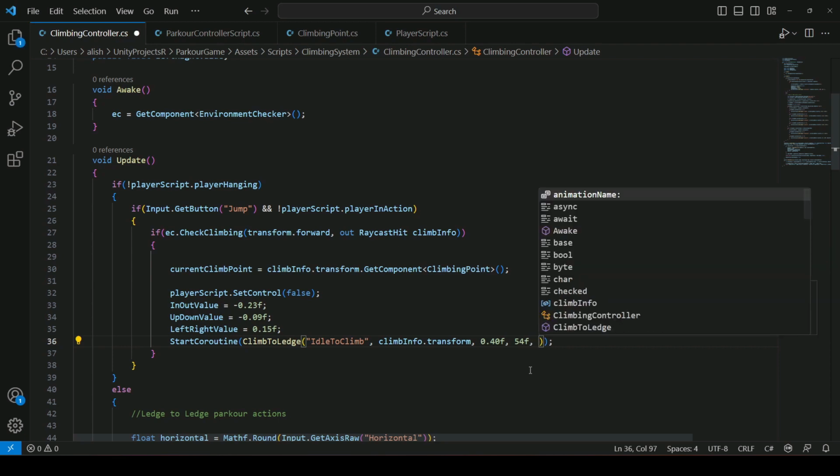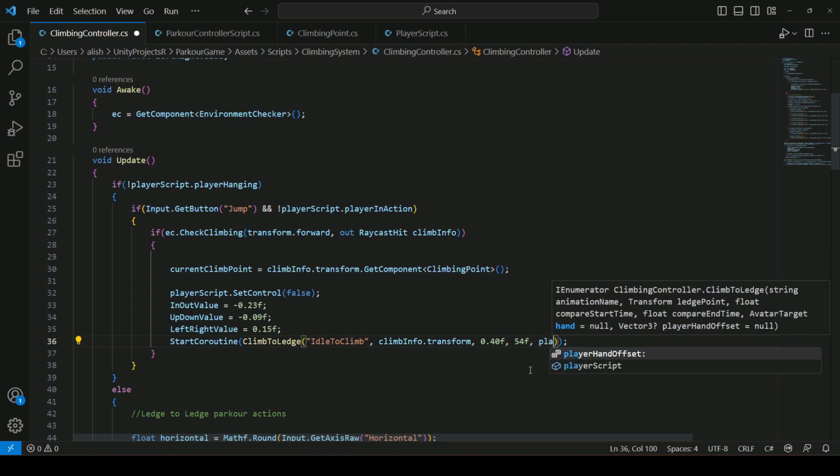Okay, on that climbing action, right here we will be just adding the player hand offset. So we will say player hand offset after this start time, end time. Then we will say new Vector3,